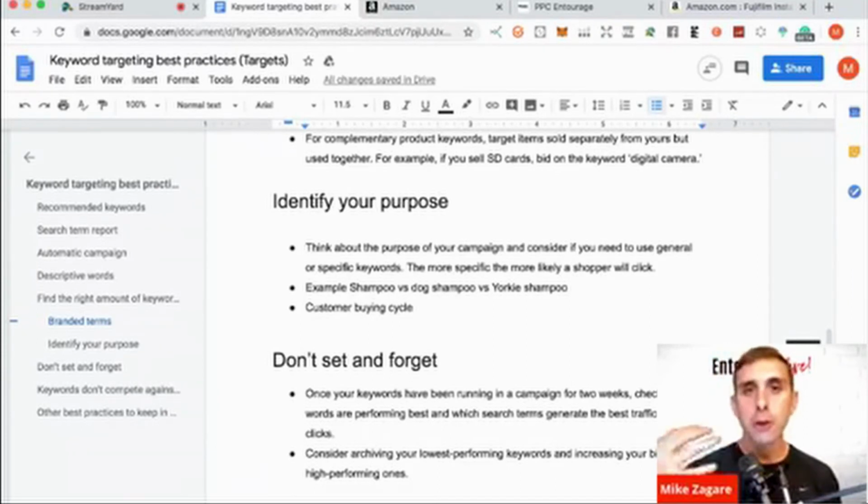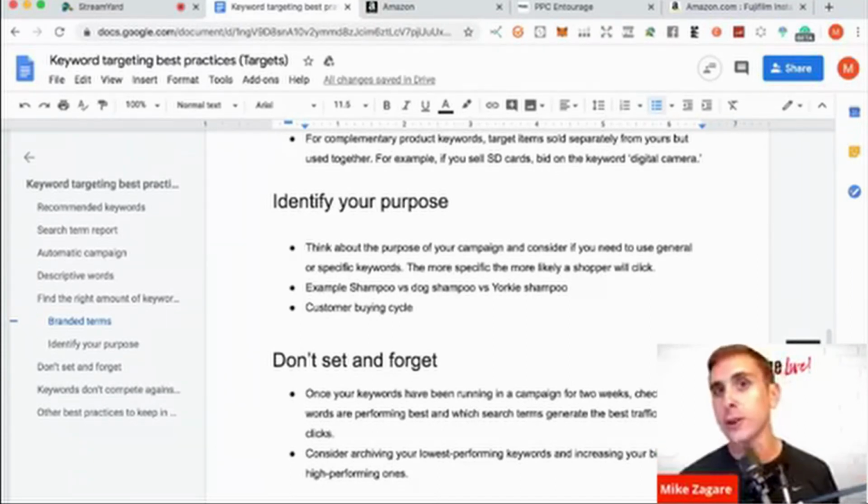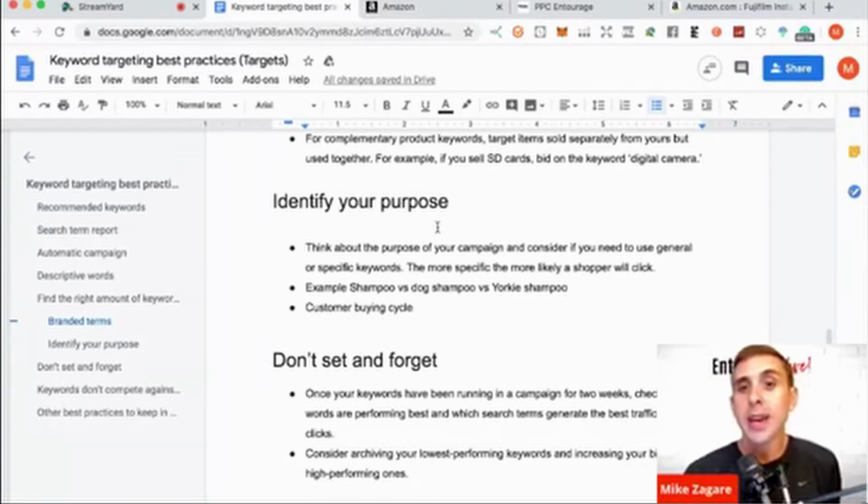So think about the purpose. We talked about discovery-based keywords and browse-based keywords and how to use them to cast a wide net. In this example, casting a wide net might be dog shampoo, or it might be just targeting dog-related keywords. Shampoo might be too wide of a net, and you could be wasting a lot of money by doing that. But the point is, they want you to identify the purpose of using certain keywords. The keyword Yorkie shampoo would be a highly targeted decision phase in the customer buying cycle. This is something really related, and we want to go after it aggressively. So I really like when they were talking about identify your purpose, and it goes along with some of the training over the last couple of weeks.